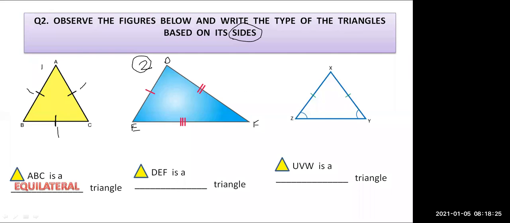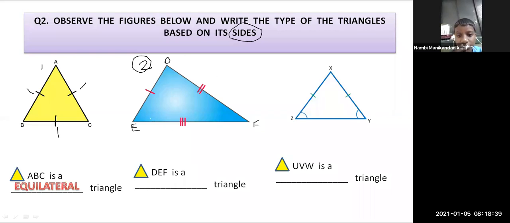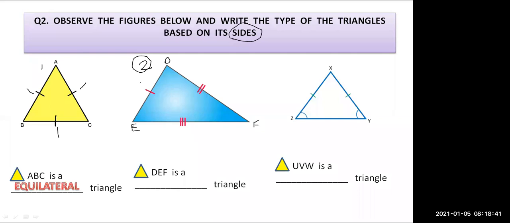Now we are talking about scalene triangle, the second triangle, the blue color triangle. Here it is one line, here are two lines, and here it is three lines. Because the three sides are different. Yes, all three sides are different. Here it is one only, here we have two lines, and here we have three lines. So we cannot say that any two sides are equal. All the three sides are different. They have all different measurements. So such types of triangles which have all three sides different are called scalene triangles.